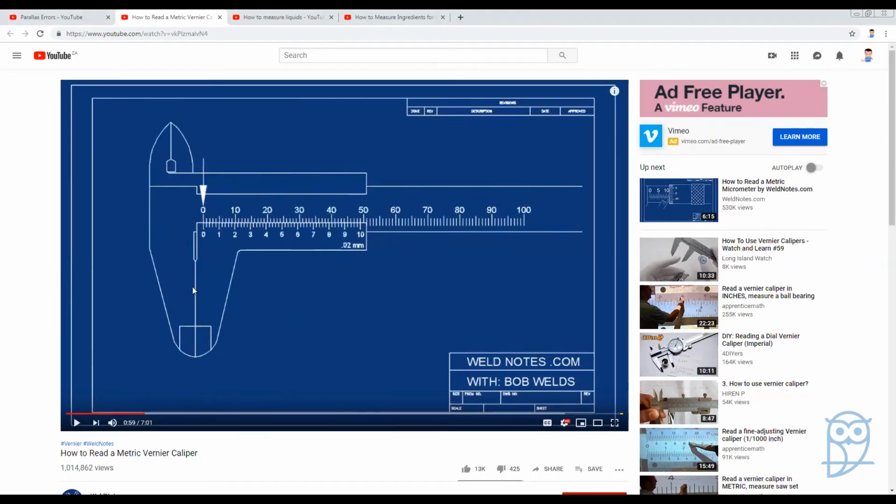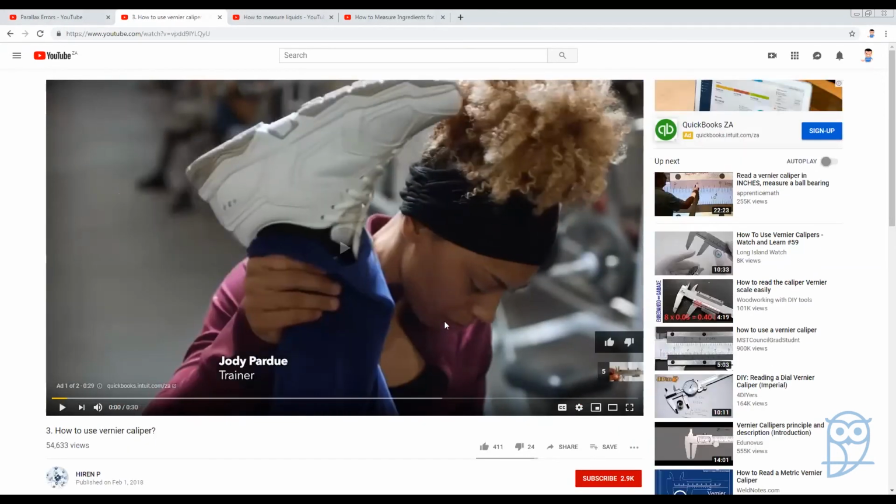So this bit is where you measure outside diameters. This bit over here, the jaws actually move past each other so that you can measure the inside diameters of objects. If you look at this picture over here,